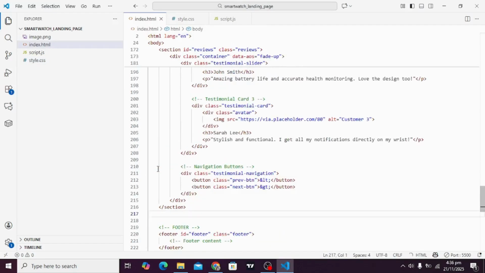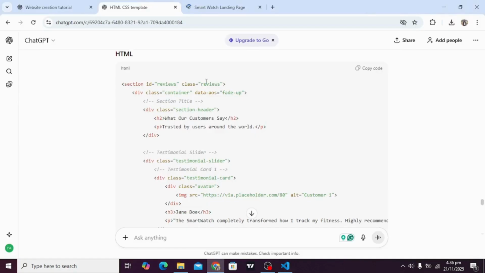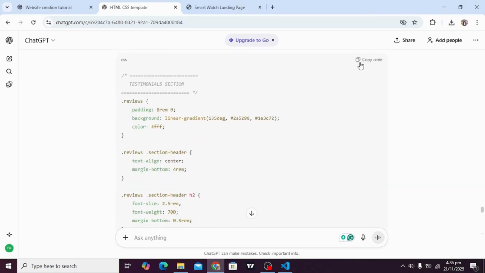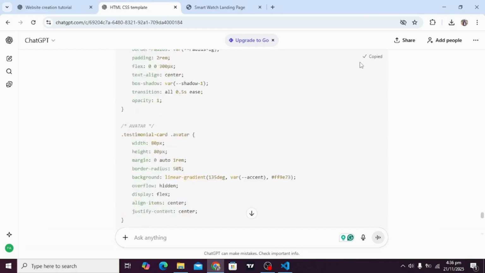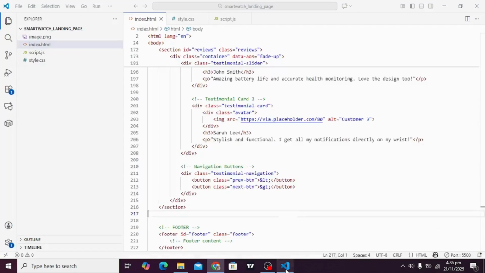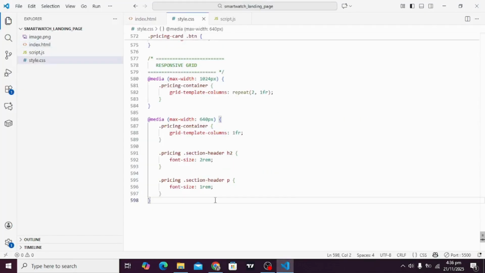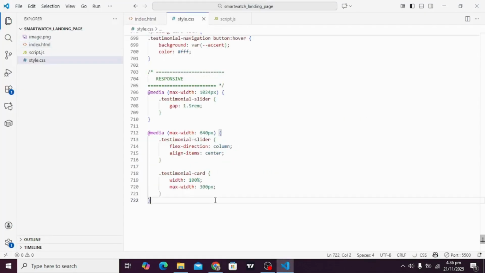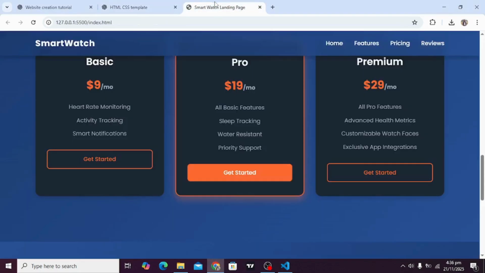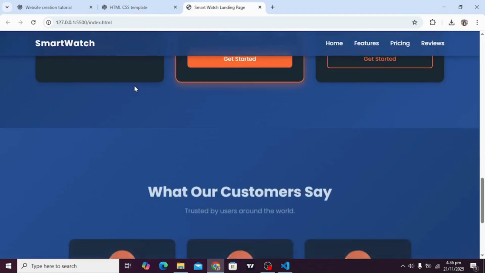Select and Control V. And now let's go to our CSS. Let's copy this CSS. Yes, it is done writing, and now we will paste it in our style.css file. Control V. So now let's check what it has created for us.